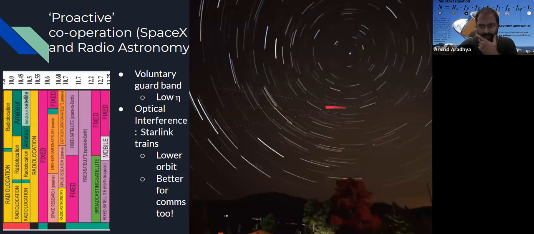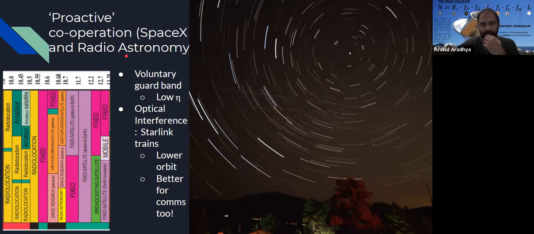This is a picture I took of a star trail, but it's a time lapse, and these are actually airplane trails. But you can imagine that if a satellite's flying over a radio telescope, it will look like this, except in radio, because it's constantly beaconing and transmitting signal. The problem is you have protected bands for radio astronomy, but they're shared so closely with other active bands that the out of band emissions tend to start being a problem.